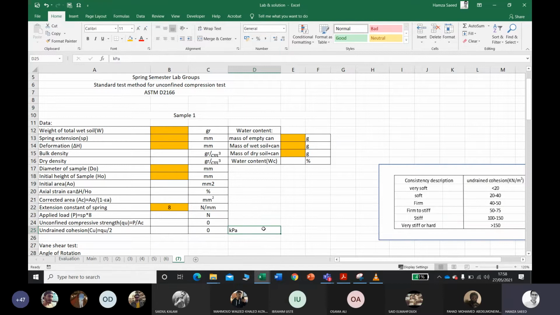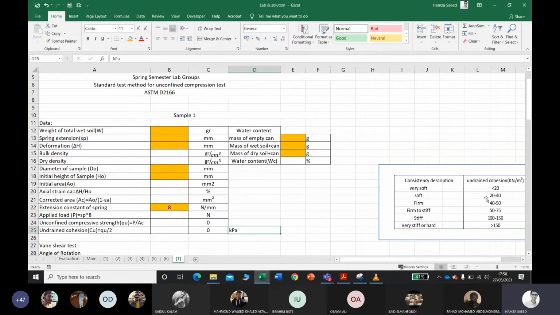Why do you need kilopascals? Because you have to discuss the consistency of your soil type. For example, if your CU value is 25 kilopascals, from this chart you can mention that your soil type is soft clay. If it is less than 20, it is very soft clay.